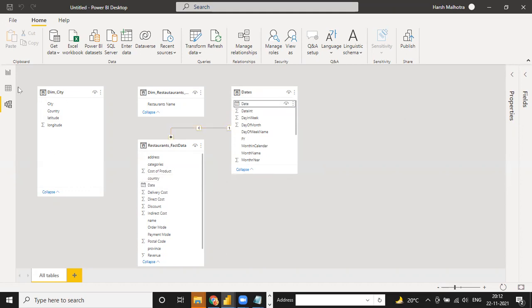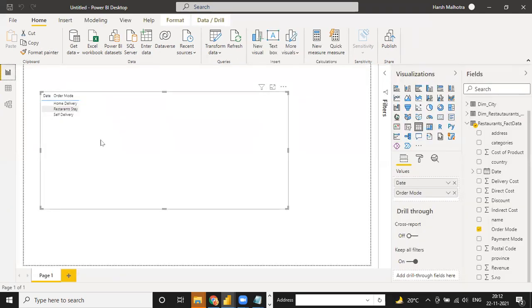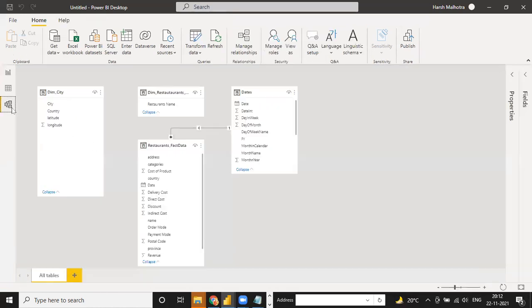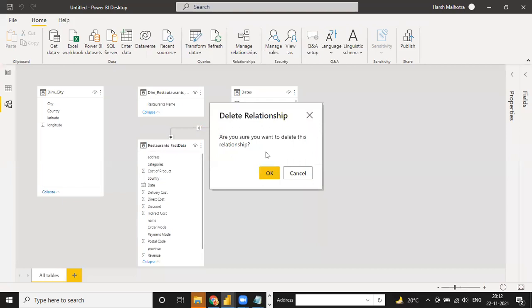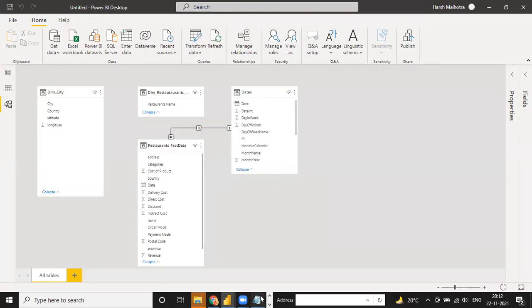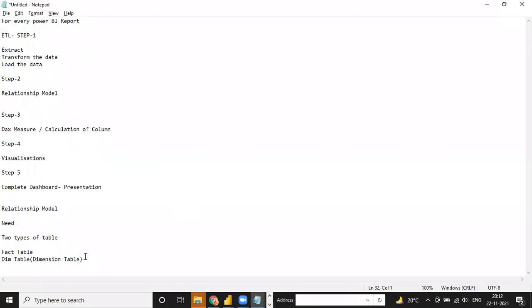See, date to country, and if you go to this visualization, it is not correct. So that is the reason every time we have to make the correct relationship, so that our visualization is also correct.